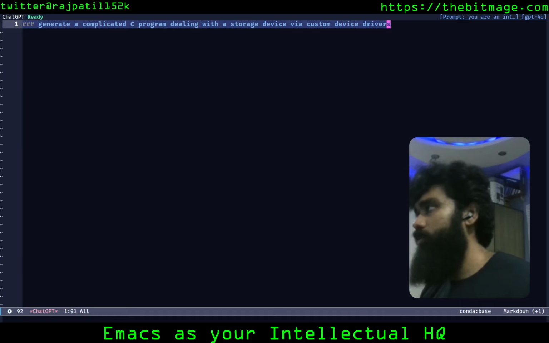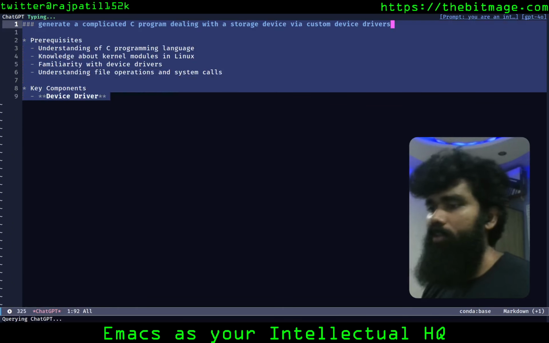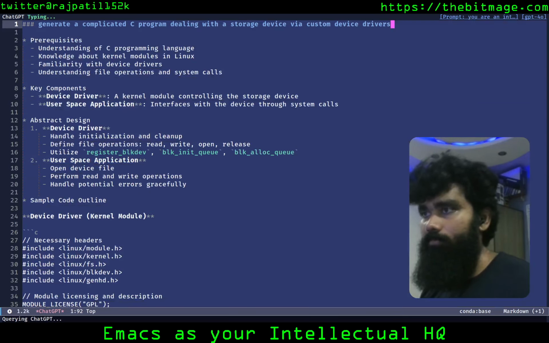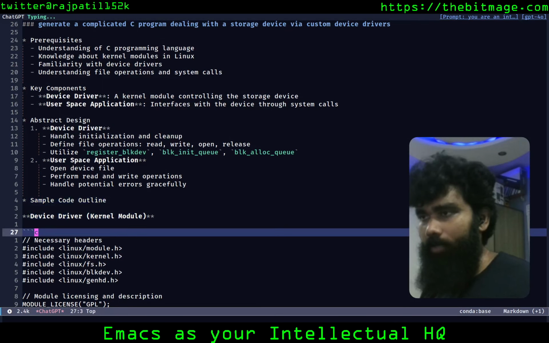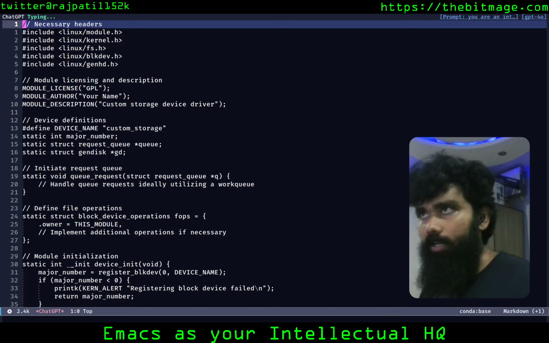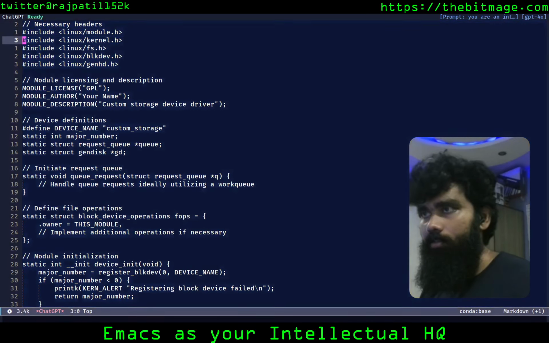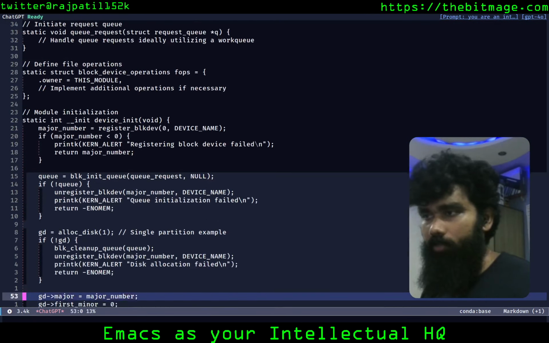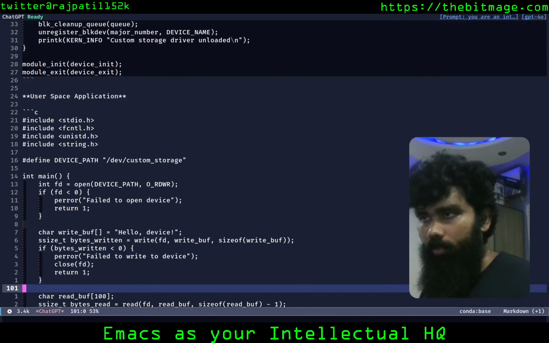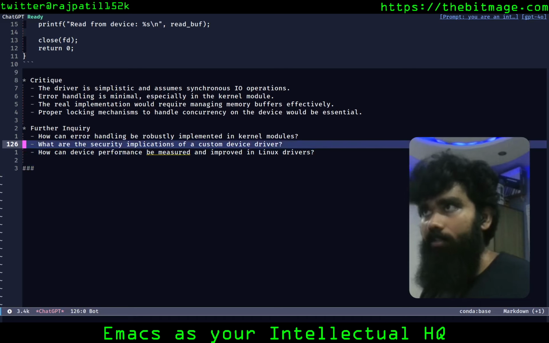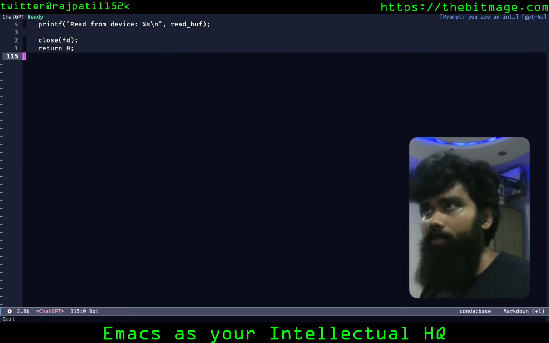Let's see what it throws up. Now, I'm not an expert in this, but let's see what it throws up. It's going to give me the C program. I'm going to get rid of the rest, and I just wanted to refactor the whole thing, right? Let's see. So yeah, that's where the C program ends.